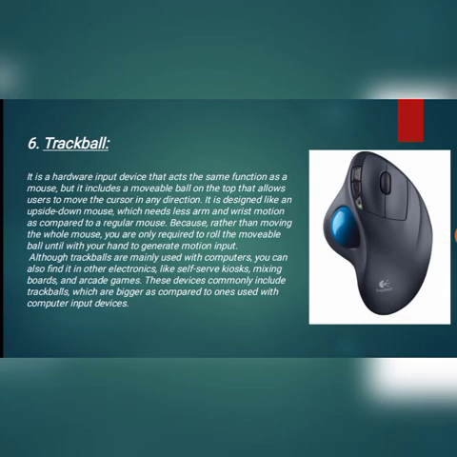Trackball. It is a hardware input device that has the same function as a mouse, but it includes a movable ball on the top that allows users to move the cursor in any direction. It is designed like an upside-down mouse, which needs less arm and wrist motion compared to a regular mouse. Rather than moving the whole mouse, you only need to roll the movable ball